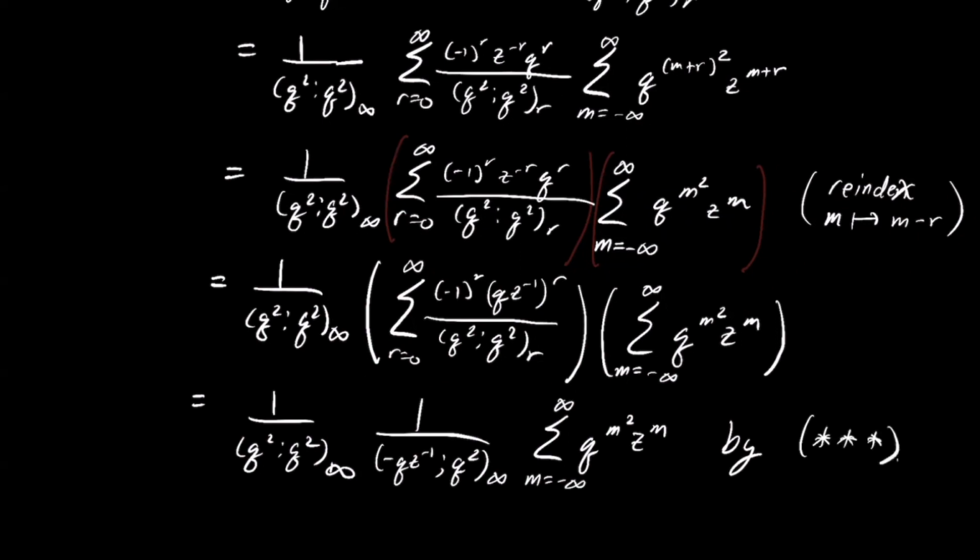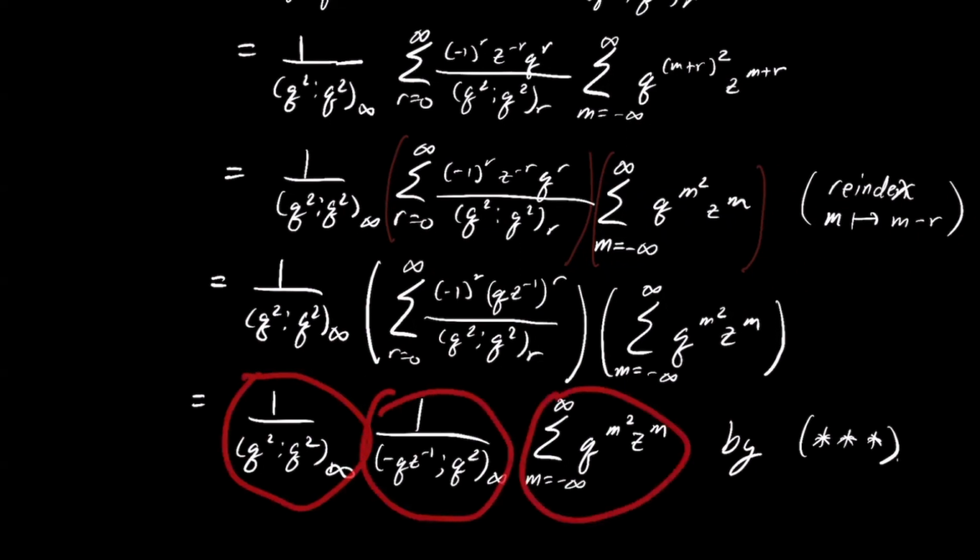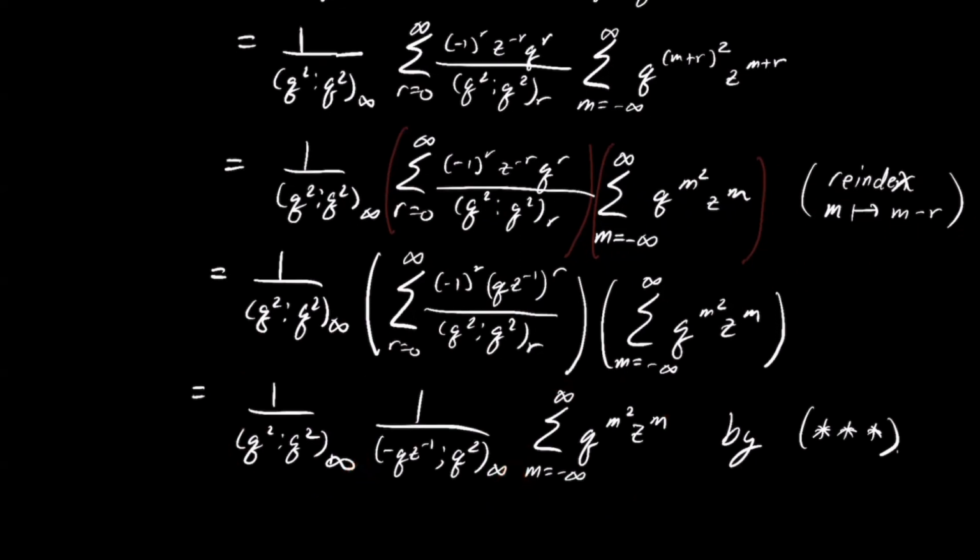So what we've done is we started with this infinite product, and we've shown that it's equal to rather this product times the sum. And so what I can now do is I can rewrite my expression, right? So I could take this expression and rewrite it. So let's do that. So rewriting,